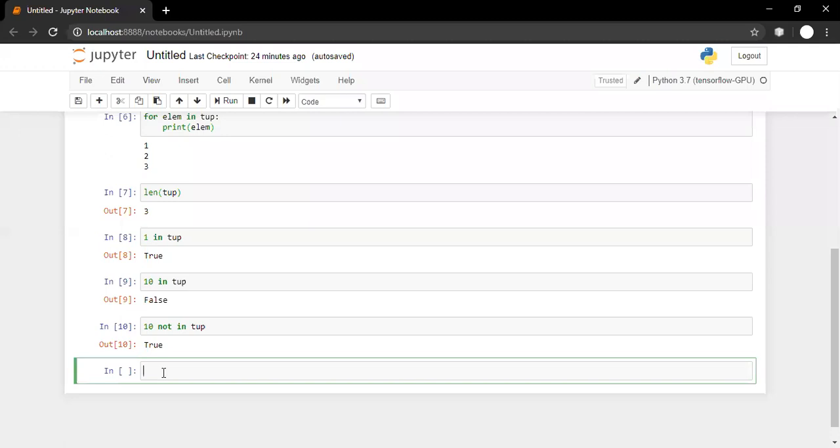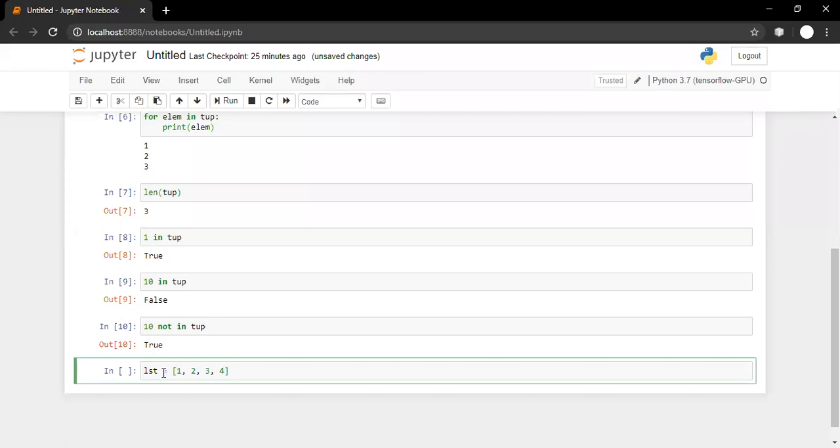For example, let us say we have a list over here, 1, 2, 3, 4, and now we want to increase the value of every element in the list by 1. So what will we have to do? Definitely we need to write some function, or we need to write a for loop like that.